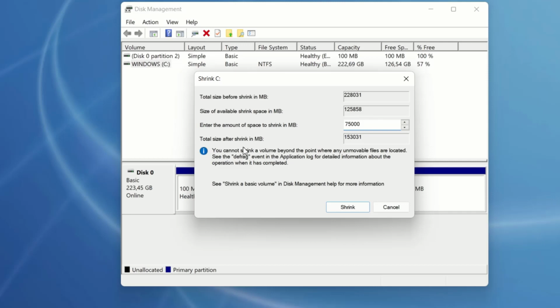And this is the total size of the Windows C partition after shrink. If you are sure everything is okay, then click Shrink to start the process of shrinking the Windows C partition.